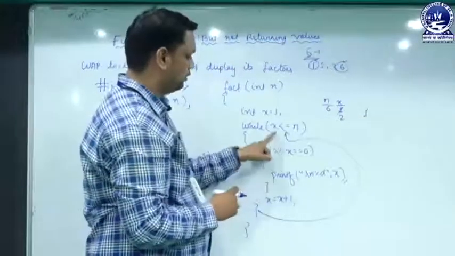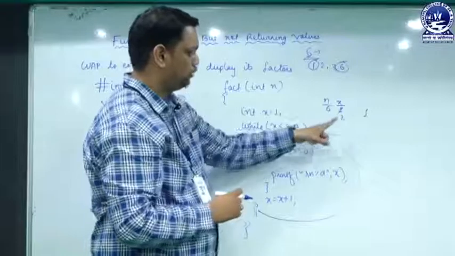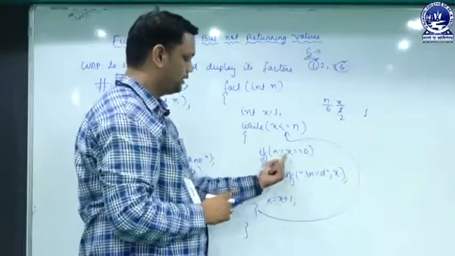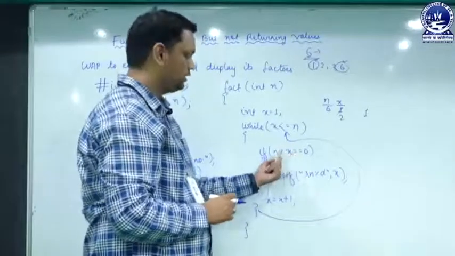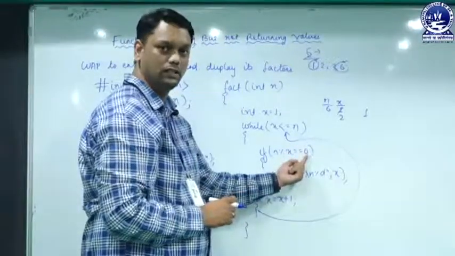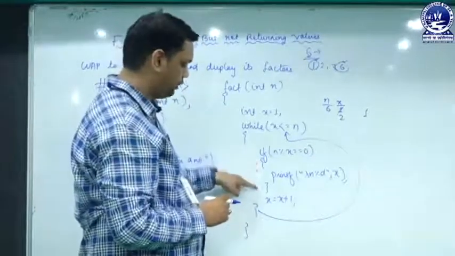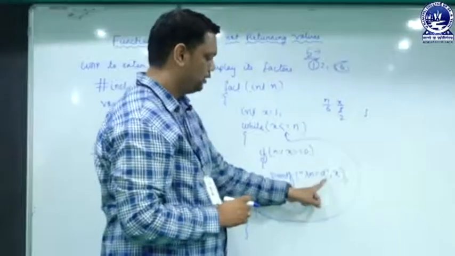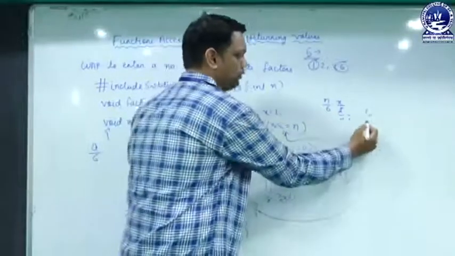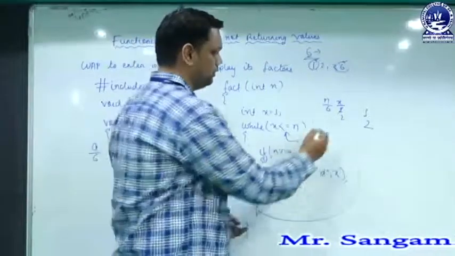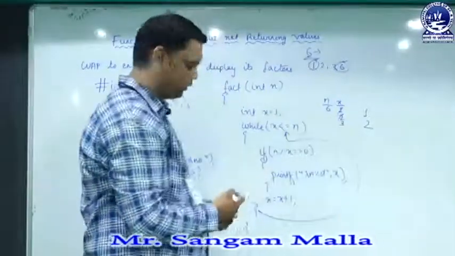When it moves over here, it will be redirected to this condition again. Now it will check x is less than equal to n, 2 is less than equal to 6, yes, true. It will enter over here. 6 is divisible by 2, yes, true. 6 is divisible by 2 and the remainder is 0. So it will enter the block as the condition is satisfied. It will print the value of x. What is the value of x over here? 2. Again it will come over here, x equal to x plus 1. So the x value will be 3.